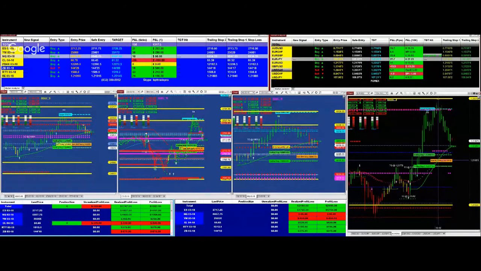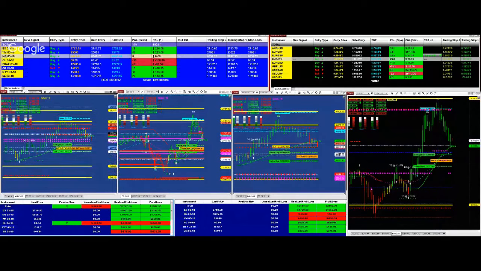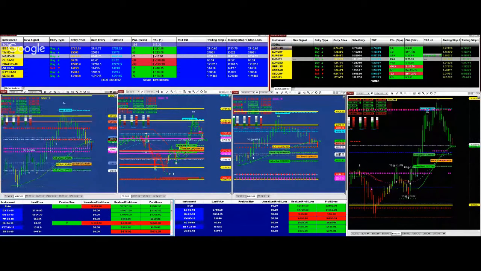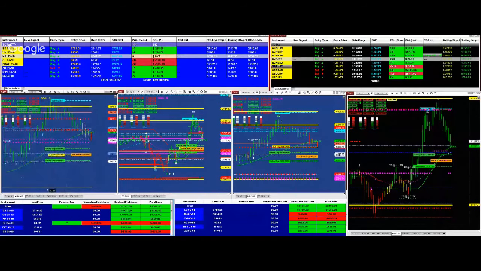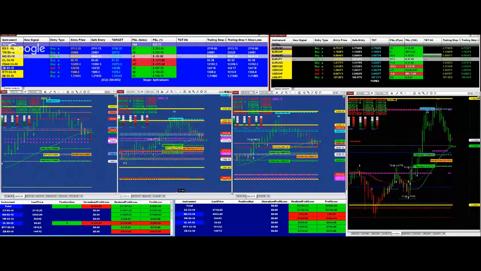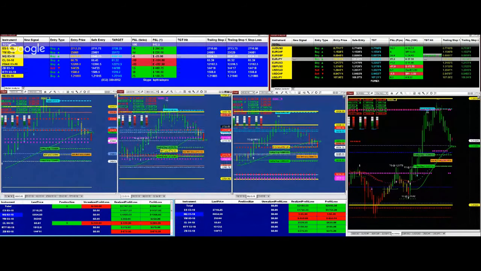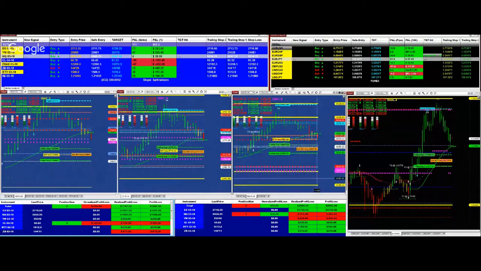So the auto trade takes the entry from the signal to the target only. For the advanced traders, if they want to get more involved in the trade, they can manually enter the safe entry here, as an example on the YM. I'm going to make it a little bit clearer so you can see it. And this is your safe re-entry at 2711.75 on the ES. And on the NASDAQ,